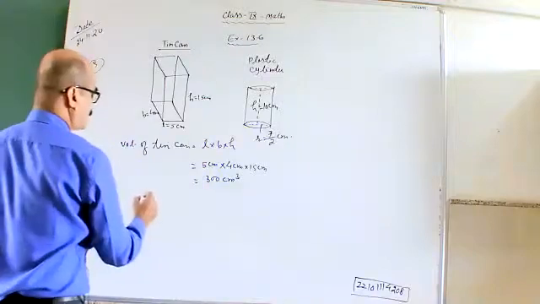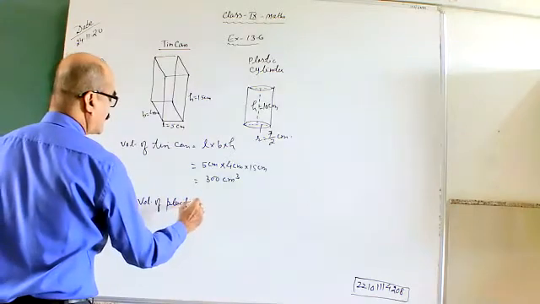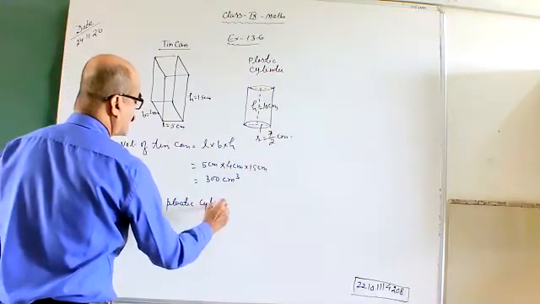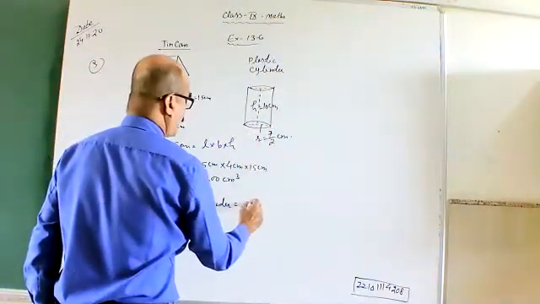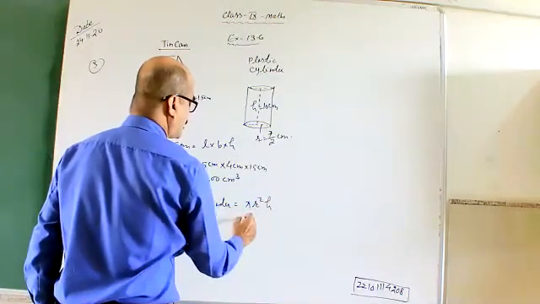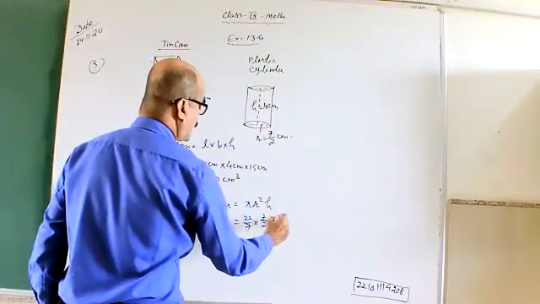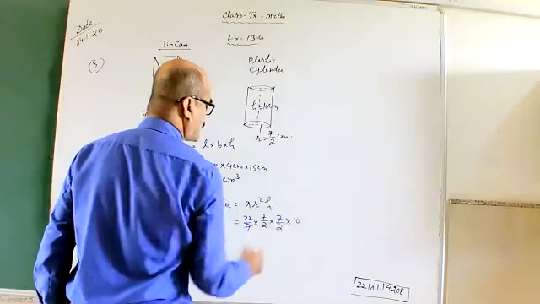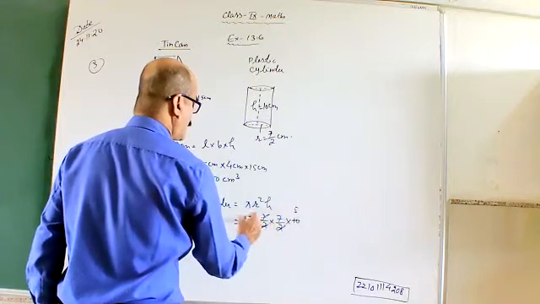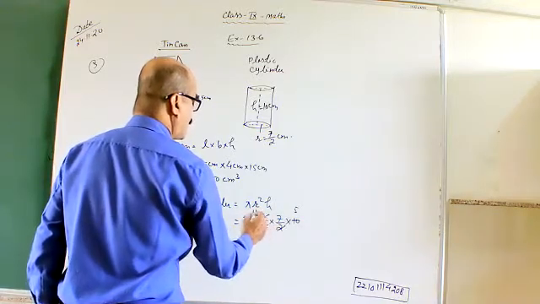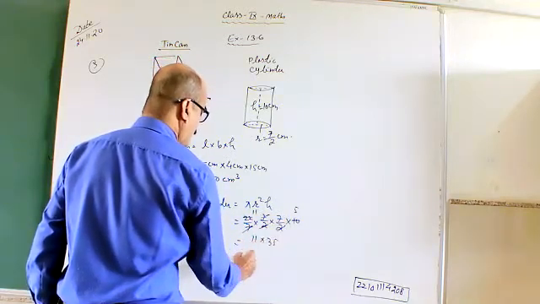And the volume of the plastic cylinder, that is the capacity of the plastic cylinder, is pi r square h. Pi is 22 by 7, r square is 7 by 2 into 7 by 2, and h is 10 centimeter. So 7 cancels, and 2 fives are 10, and 2 11 are 22. So 11 into 7 into 5 is 11 into 35, that will be equal to 385